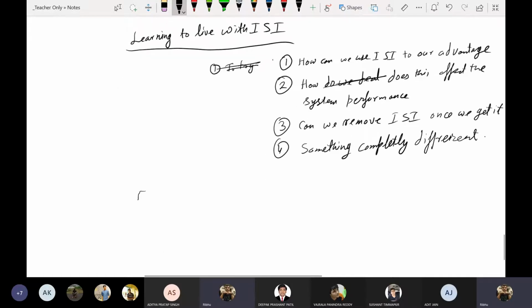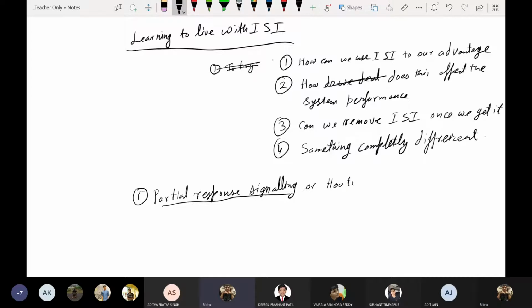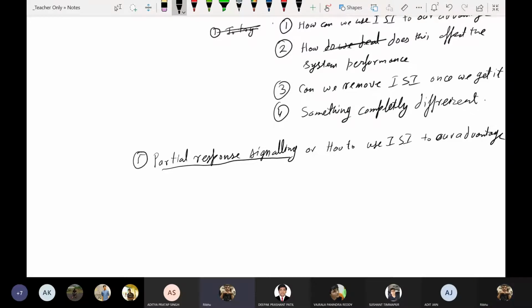The first of these is partial response signaling, or how to use ISI to our advantage. So now, zero ISI had the condition that